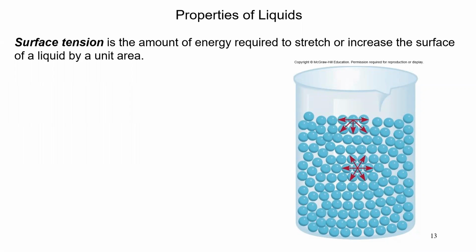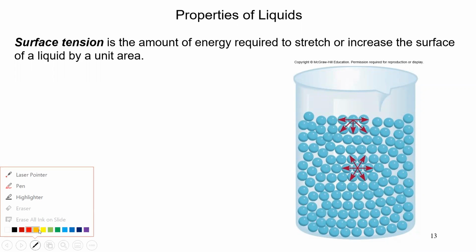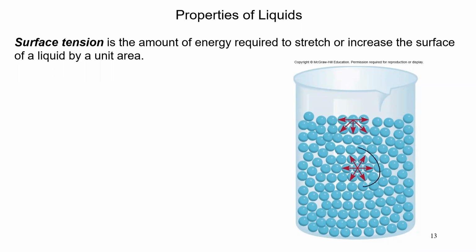But those intermolecular forces tell us a good bit about the physical properties of some of our compounds. The first that we'll talk about here is the surface tension of a substance. When we talk about surface tension, we're really talking about how well those molecules that are at that surface between the liquid and the air interface hold together. And so, if we look down here at this